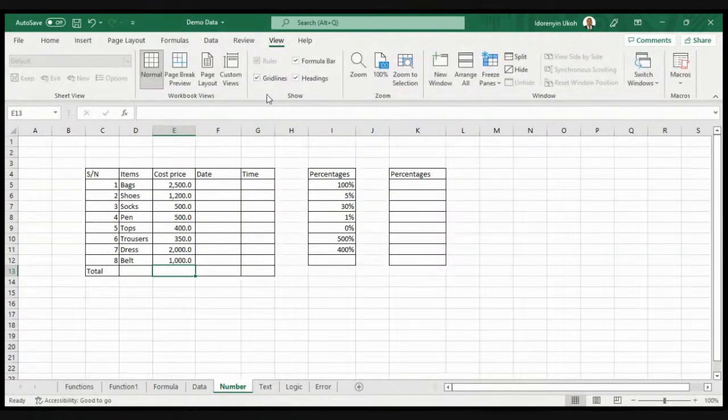Okay, so I'm going to bring my grid lines back for us to have it. My cursor is on M5. So I will represent this as a cell. This is a cell in Excel. This is called a cell. And M is a column. So M is a column.